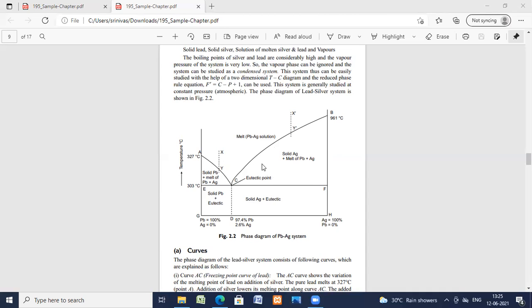Now ACB we are having melt of Pb and Ag solution. Here C is the eutectic point, and the bottom one, this complete one, you're having solid lead and eutectic mixture, and this portion is solid silver and eutectic mixture. In this two component system,